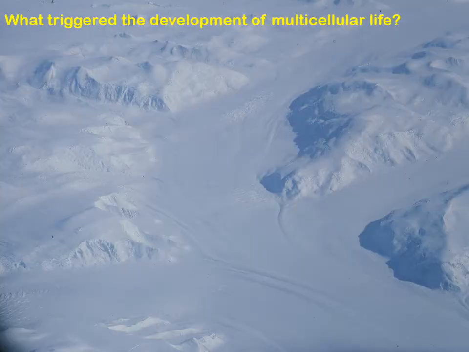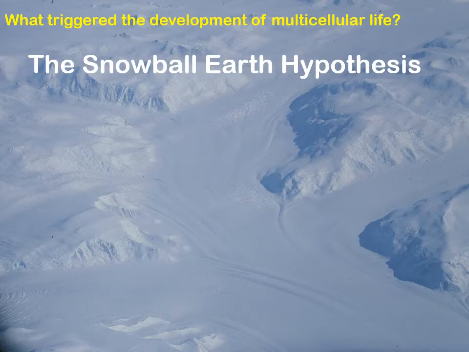So what triggers this development in multicellular life? It's what we call the Snowball Earth hypothesis, and it's really kind of an interesting idea. And to really get into this, we have to look at what's called the Albedo Effect. Imagine a bright winter day after a whole bunch of snow has fallen outside and it's real sunny out, and you step outside and you look and the snow is reflecting the sunlight and it's blinding. You need your sunglasses. That's because snow and ice are highly reflective. They do absorb some solar radiation, but they reflect a lot back, which is why it's so bright.